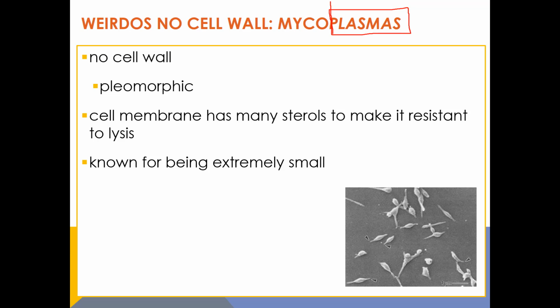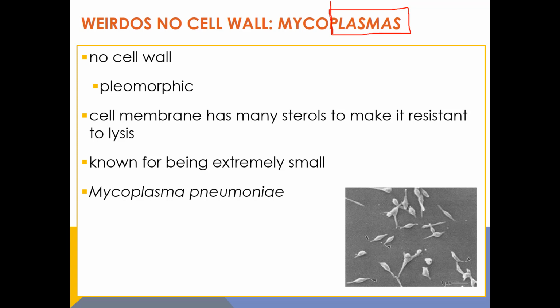Now these guys are important to us too because if you have no cell envelope or no cell wall, you have no real target for antibiotics. Remember, a cell membrane is present in all cells, including eukaryotic cells, our own cells. So if we were to target these guys with a drug that targeted their cell membrane, we would also be taking something that would be toxic to our own cell membrane. And they're also difficult for the body to recognize.